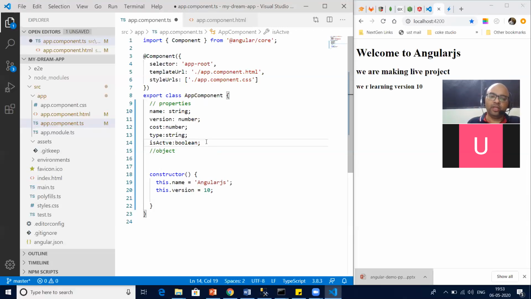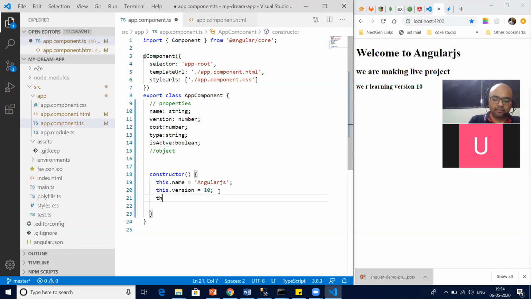So if I need to show or get the information or print the information of a course, these would be the properties that I would probably be creating. Yes or no? If I need to show the information about the course or get the information of a course from the user, these would be the properties that I would be taking. Like name of the course, version of the course, what we are going to learn, cost of the course, type of the course, and is this course active or not? What is it, guys?